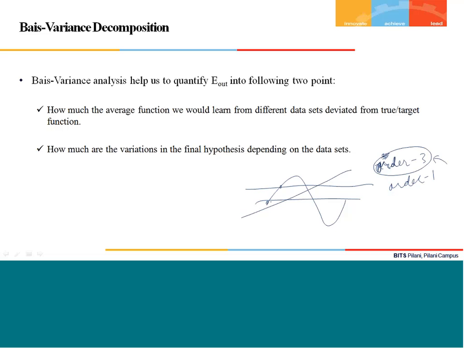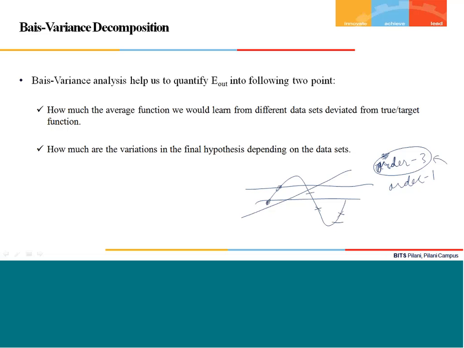So I just read this sentence: how much the average function we would learn from the different data sets deviates from the true target function. On an average. I will clear this term. What do you mean by on an average? On an average, when you learn the function from different data sets, how much is it deviated from the true function? For an example, this is one data set, you learn it, and the other data set is this, from the true function. The third data set is this,